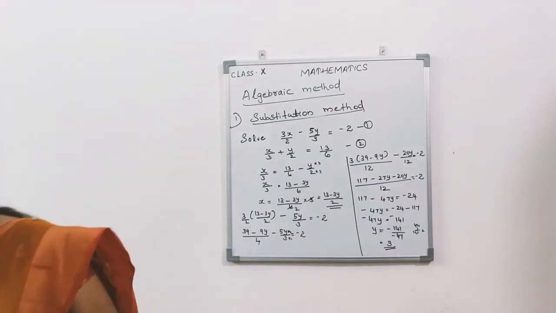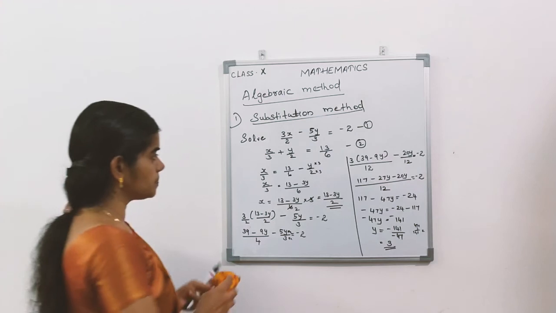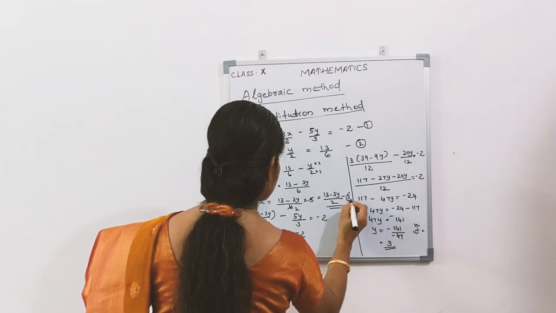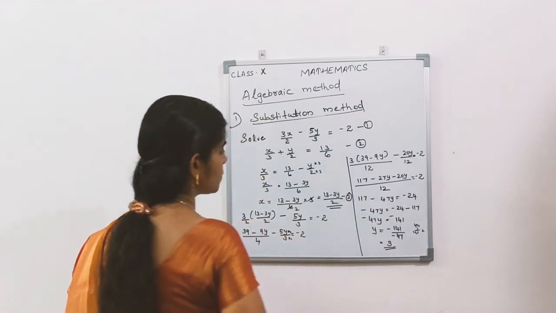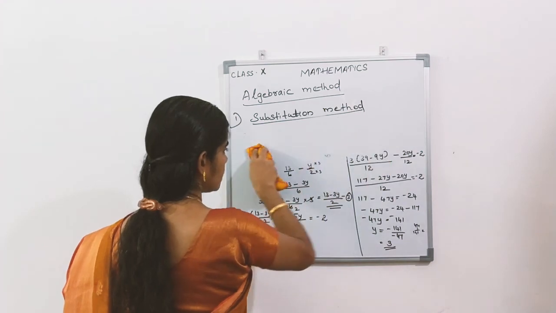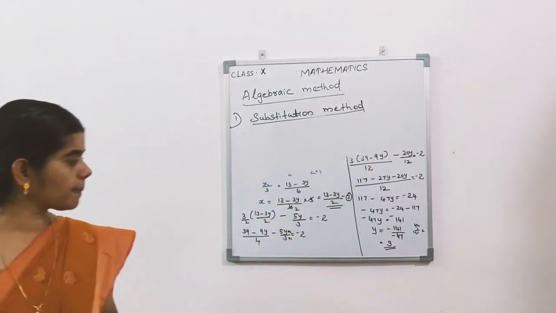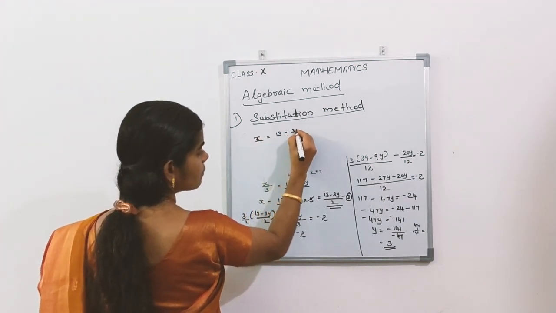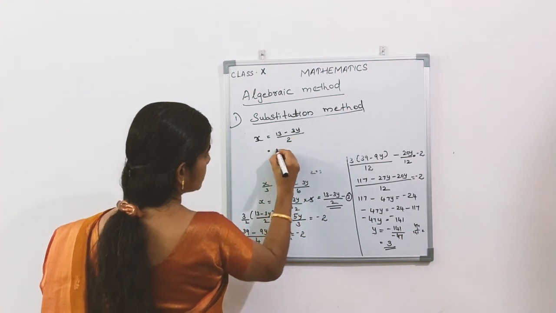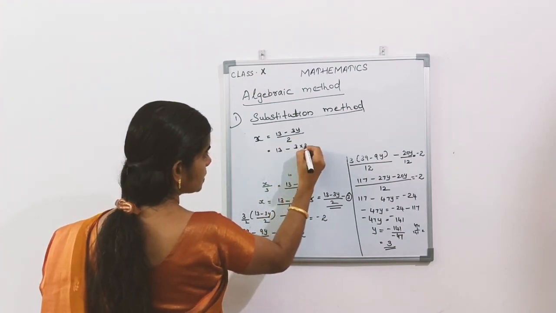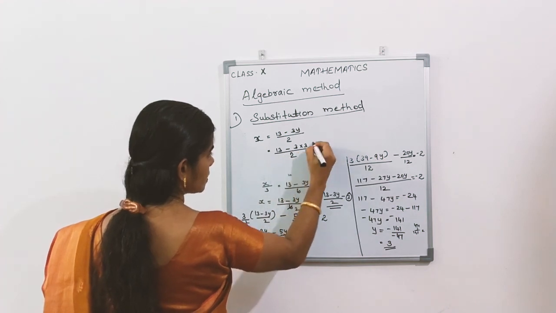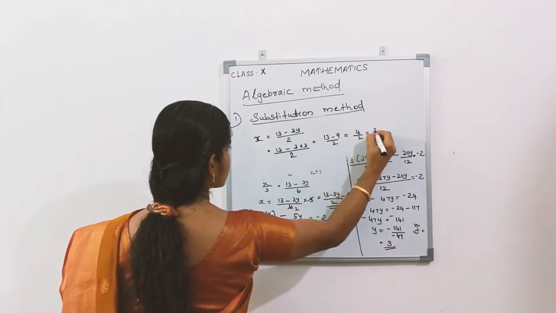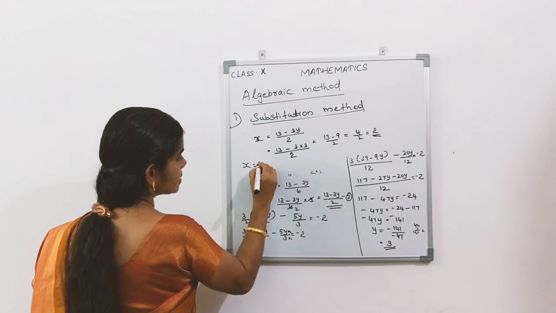You got that. Now you want to find the value of x also. What is equation number 3? This is equation number 3. x is equal to, there you can substitute the y value. Just look, x is equal to (13 minus 3y) by 2. That is 13 minus 3 into 3, by 2. That is (13 minus 9) by 2. That is 4 by 2, that's equal to 2. Therefore, x is equal to 2.